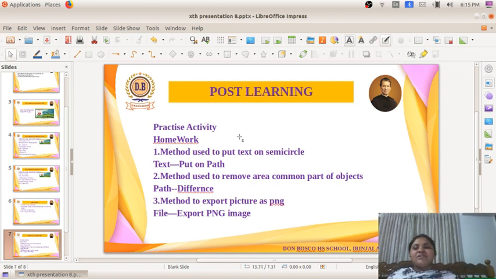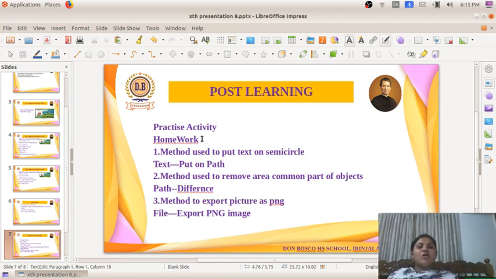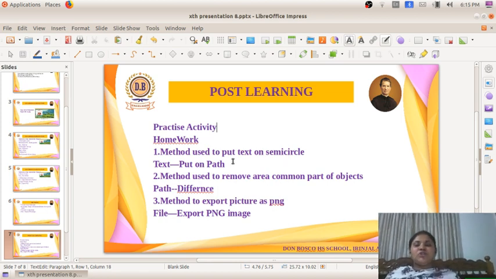Next, in the last class I have given a homework. Hope you all got the answers for that. I will be explaining that. The first question was the method used to put text on a semicircle. What was that method? Text, Put on Path. The second one is the method used to remove the area common to both objects.